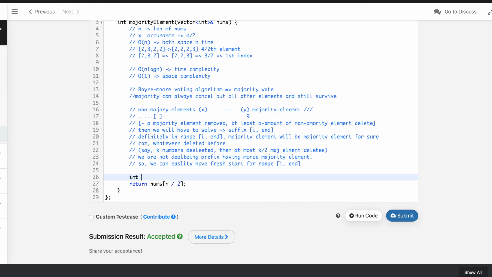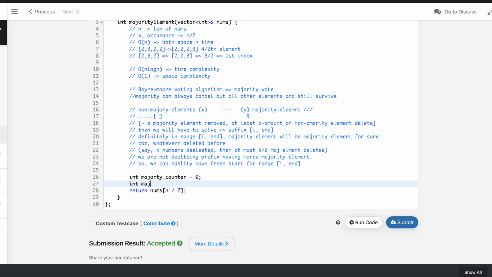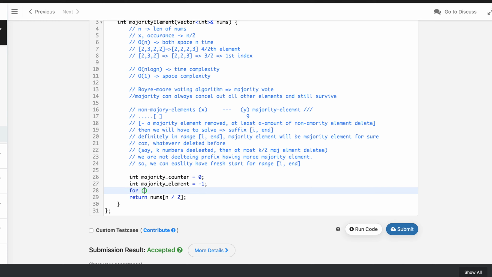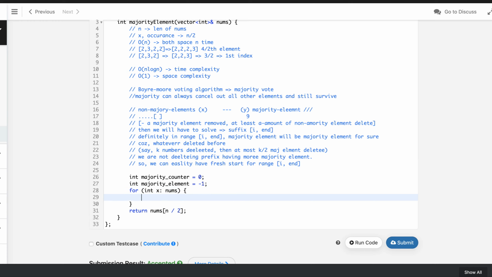The implementation is similar, like we have to maintain the counter. So say majority counter is 0 initially, and say majority element is not defined, so let's say -1. So whenever we have majority counter 0, then we will assign that majority element. Well, let's iterate over the given nums, and if we see that the majority counter is 0,